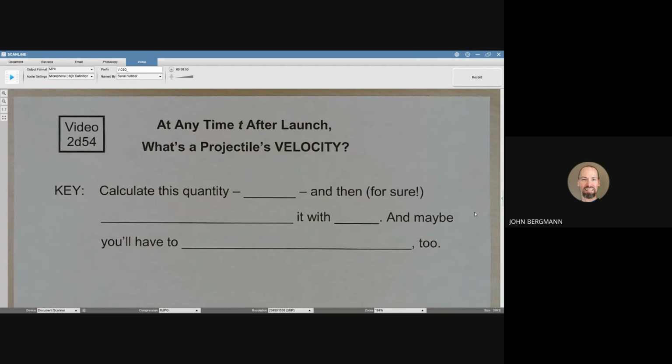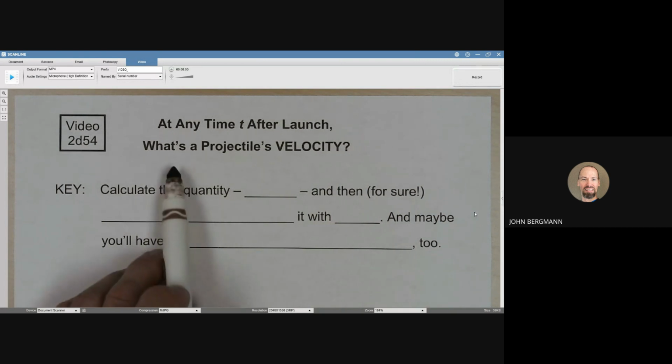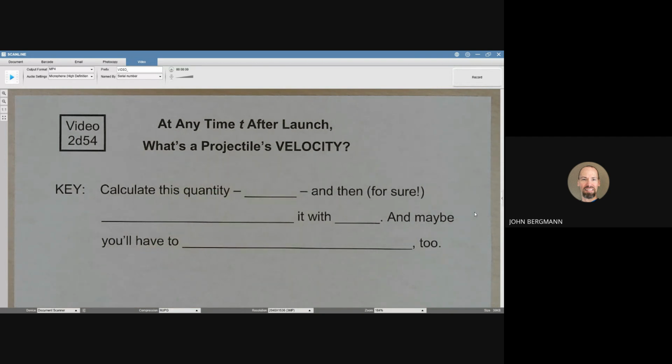In the last video, we answered the question, at any time t after launch, where is a projectile? And in this video, we're going to answer, what is a projectile's velocity? Those are different questions. Where something is and how it's moving are not the same thing. So we're not going to use the same process here as we did in the previous video because we're finding